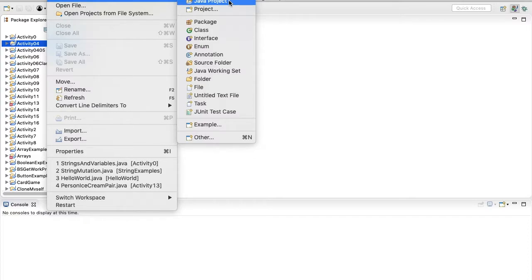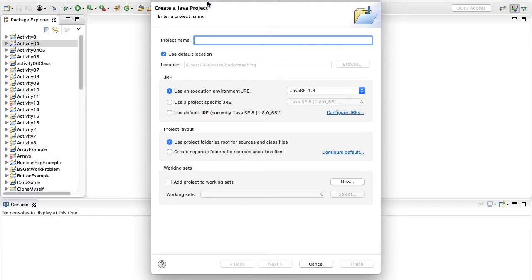Eclipse can be used for different programming languages, but it's specially made for Java, and we always want to write in Java Project. So always click that option here. If you click Java Project, it'll ask you to give your project a name. So I'm going to call this Activity